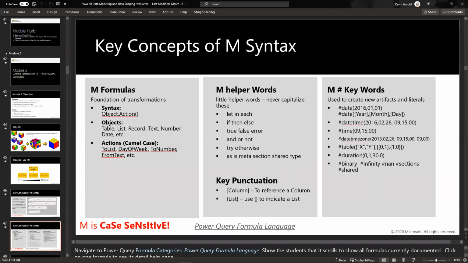And then some of the key punctuation, it uses the square brackets to reference a column, and it uses the curly brackets to reference a list, or in some languages consider this an array. A list and an array are almost the same thing. And so that's within the curly brackets. So when you're reading it, make sure you're reading what the bracket type is, so that you have it,